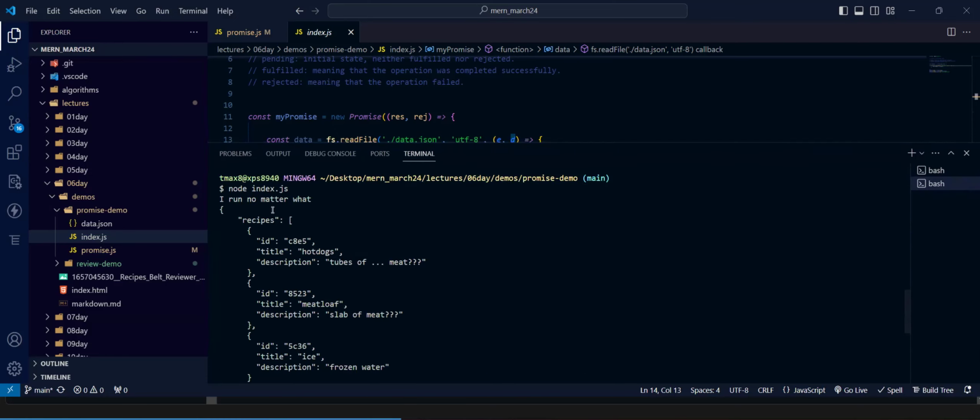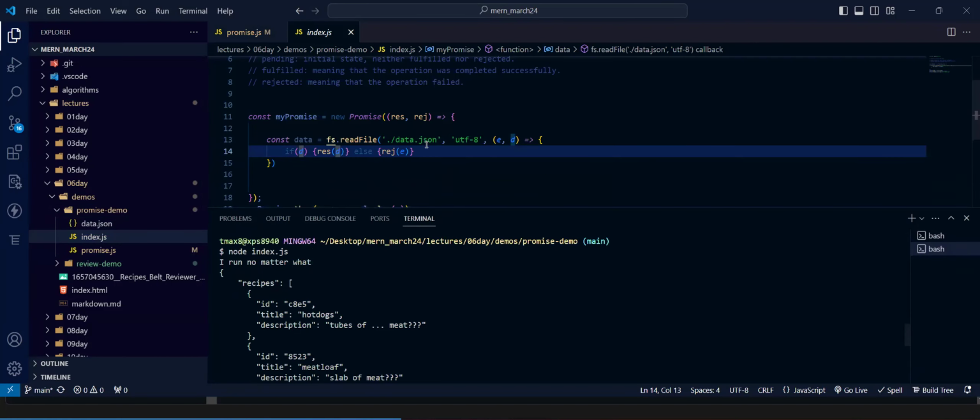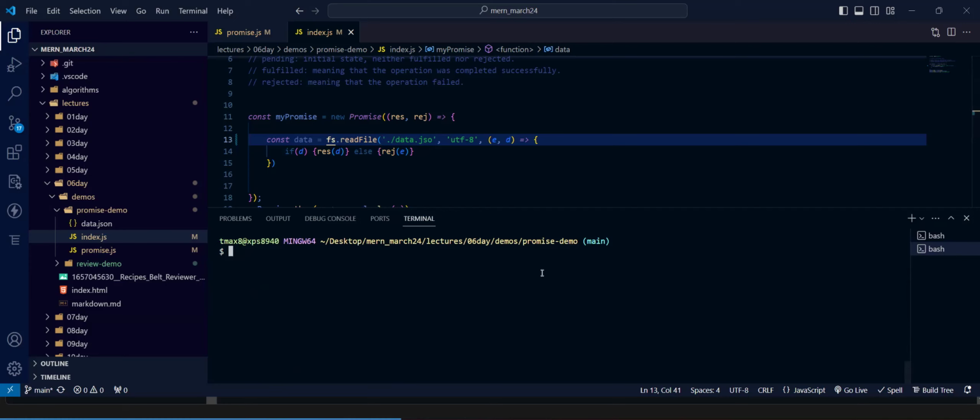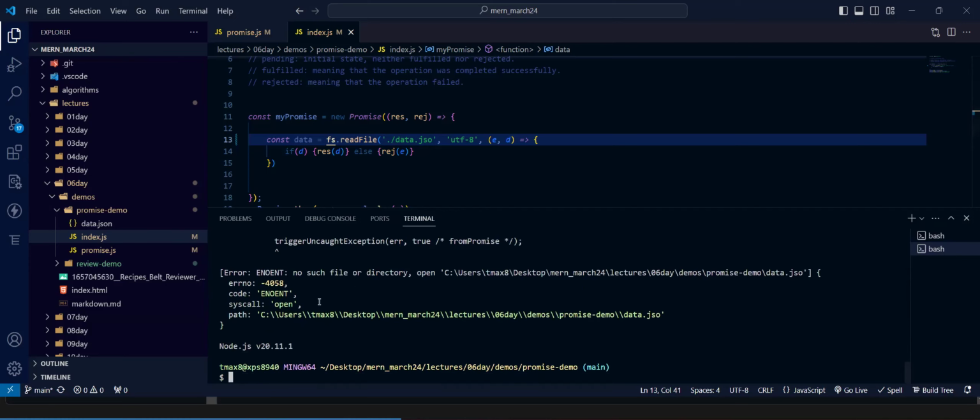So I'm successfully reading from the file system. I'm reading from data.json, all the data that I have. Because everything was formatted properly, I was able to read the data from the file, right? So if something goes wrong, if I delete the n here, so this file doesn't exist, and I try to read from a file that doesn't exist, it's not going to work out. So if I run this now without the file, I get my error message.